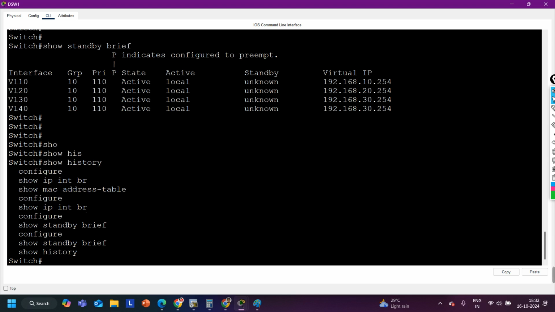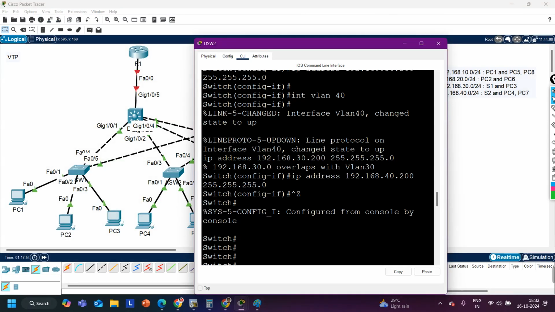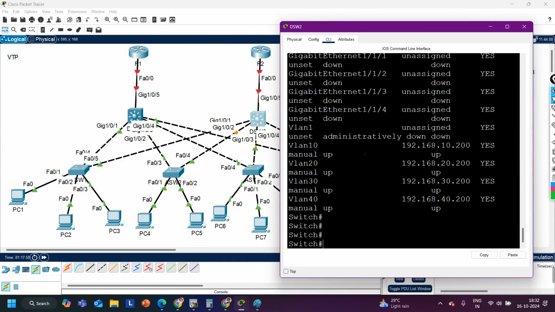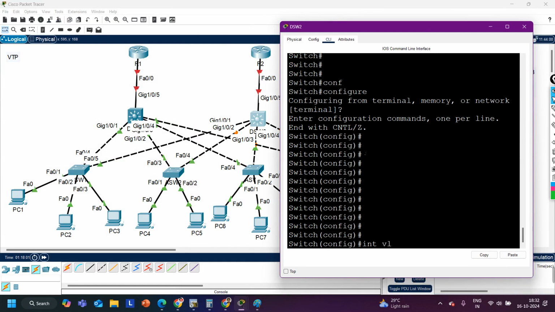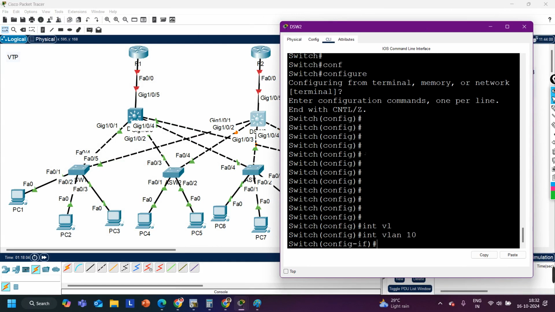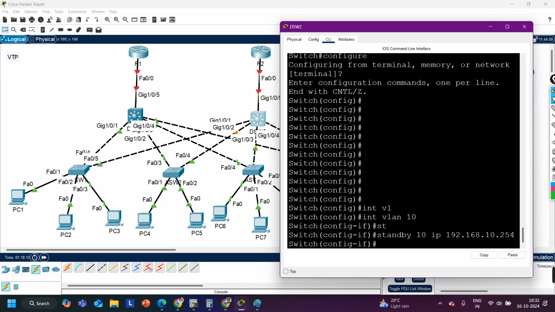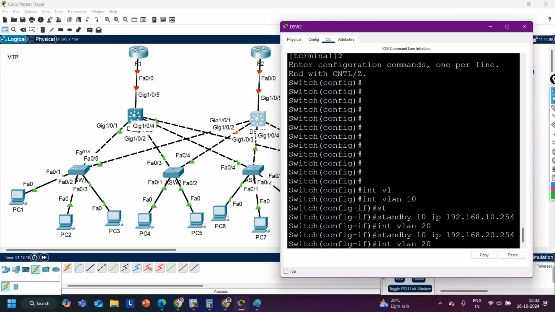So history, let me check, no, the command is not available. Now let me configure HSRP on switch 2. So guys, here we are not going to change the priority. The priority is going to be the same because this switch is my backup switch. Interface VLAN 10. Here I am saying standby group number 10 and the IP